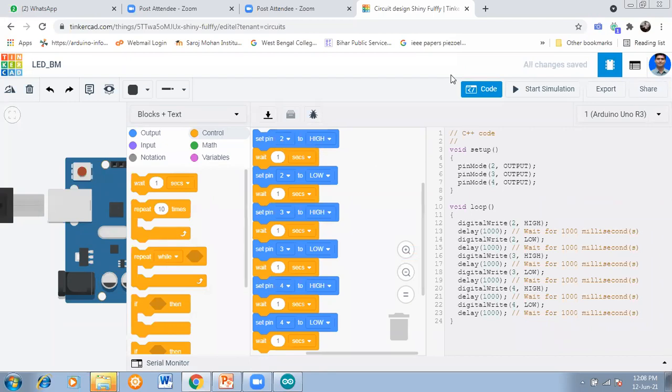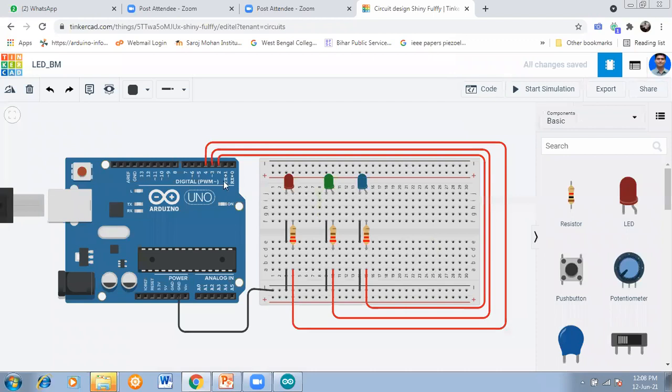Pin number 2 means it is connected with blue, then pin number 3 means green, then red. Look, green, then red, first class, so it's working.